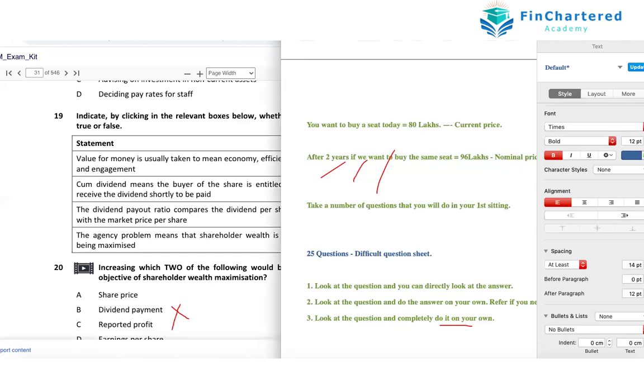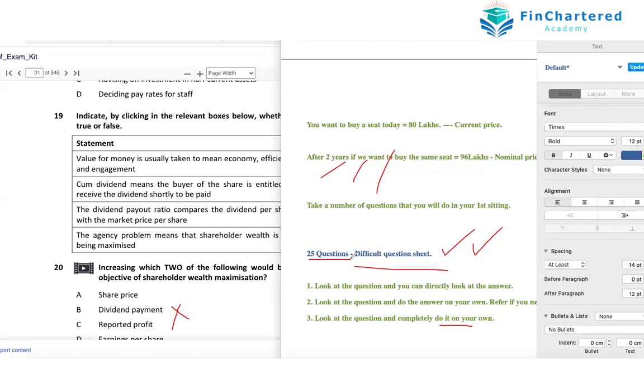Why? So that closer to the exam, on one piece of paper, you have all the questions that are hard for you. And you will keep practicing. You'll ask me to solve that question for you, and I will solve it. You'll keep practicing, so that before the exam, your difficult question sheet becomes easy. If your difficult questions become easy, and your easy questions are already easy, what will happen to the exam? It becomes easier.